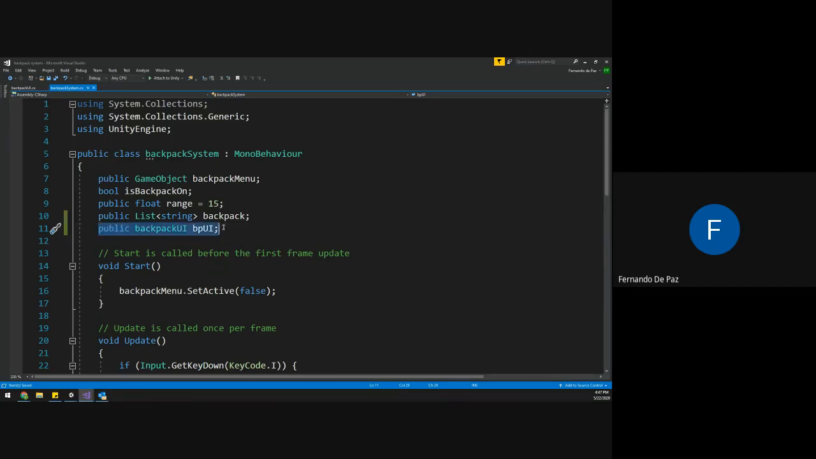Okay. So public backpack UI, BP UI. And what we're doing is we're just creating a reference to a script called backpack UI. So we need to reference it. So we're gonna scroll down,